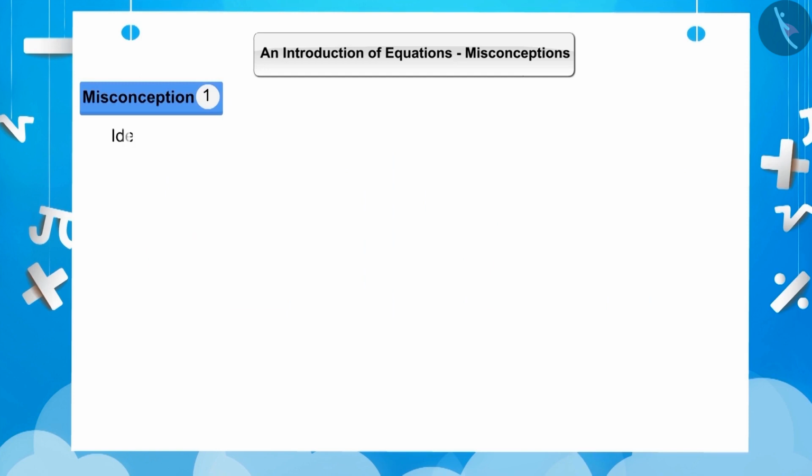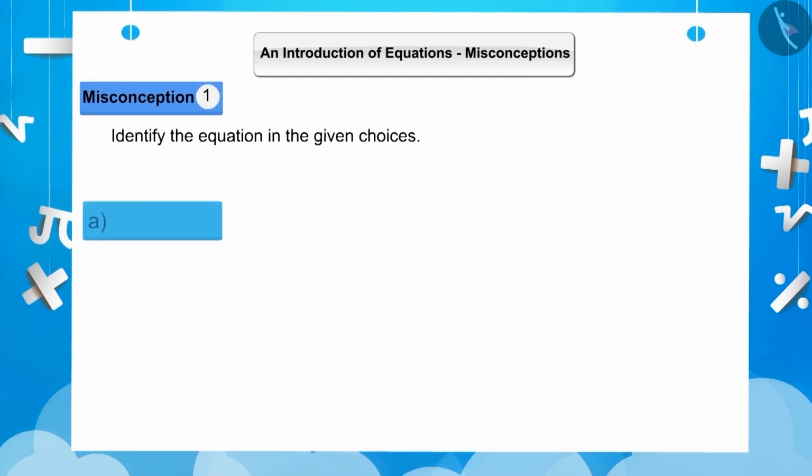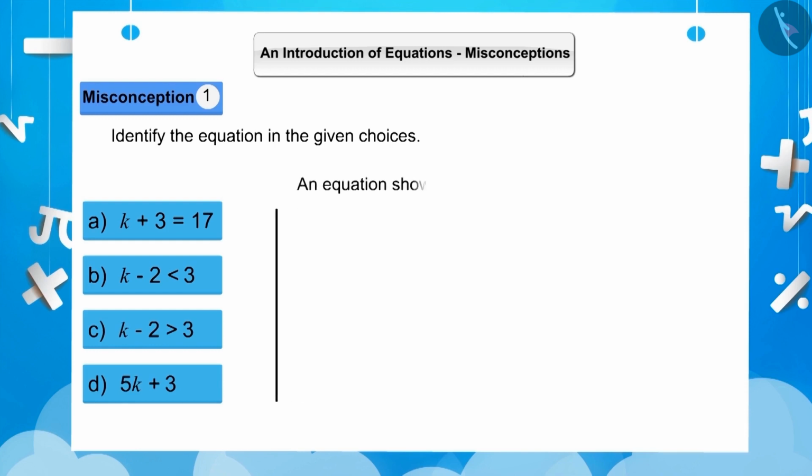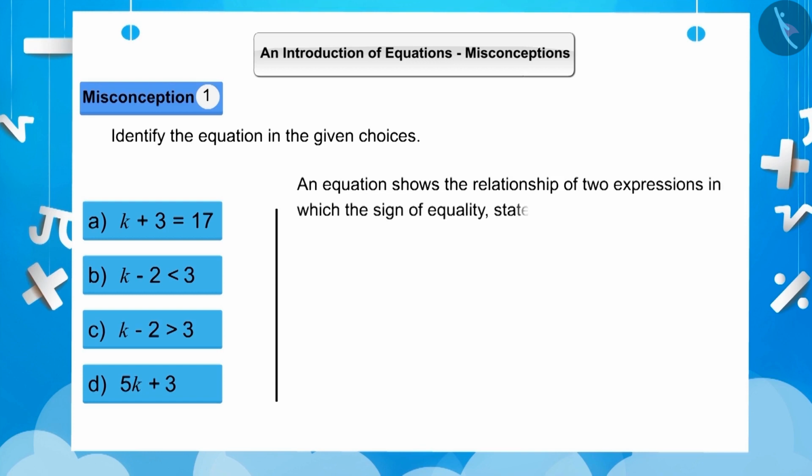Misconception 1. Identify the equation in the given choices. A. K plus 3 is equal to 17. B. K minus 2 less than 3. C. K minus 2 greater than 3. D. 5k plus 3. An equation shows the relationship of two expressions in which the sign of equality states that